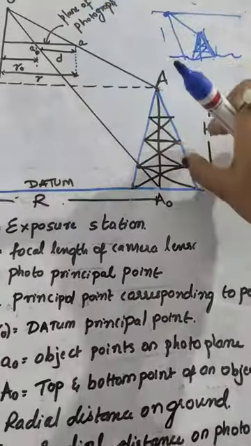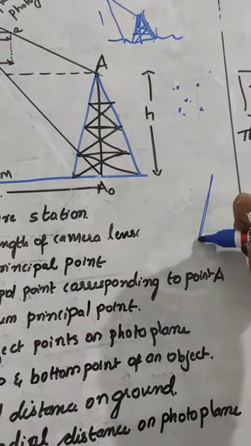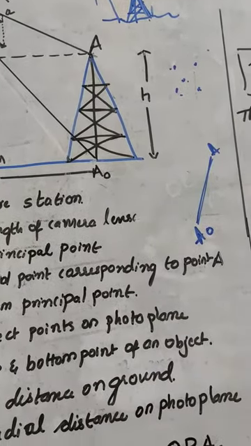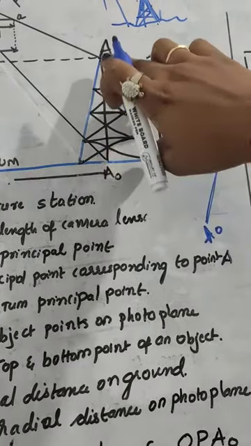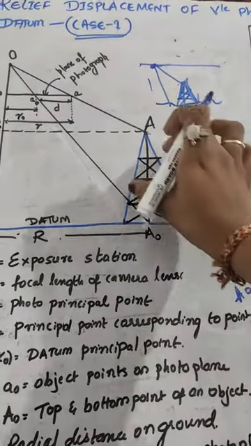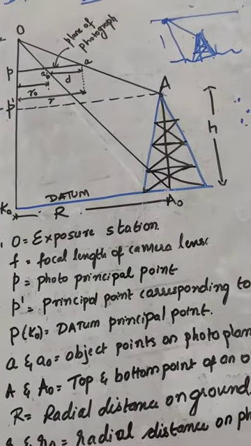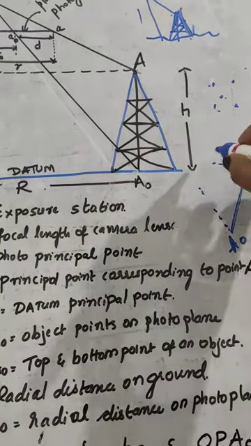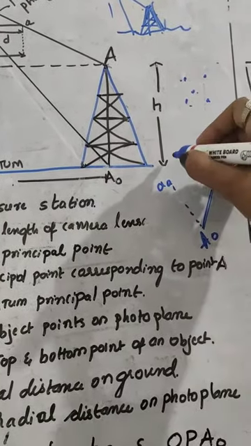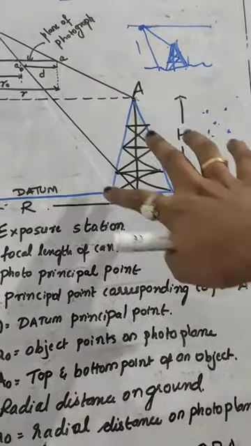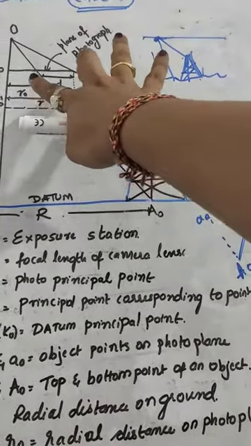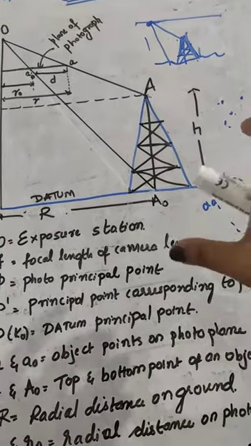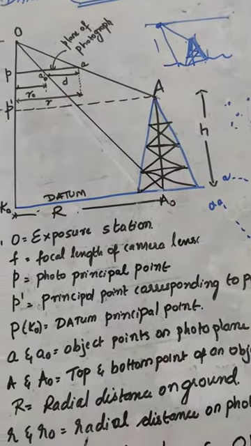So I can write this thing separately. See, I will write it in this isometric view itself. Here it is A0 and the top is A, right? So this portion is A0 and this is A. The same thing is projected in the photo plane, that is, in the lens it is projected the same. In the photo plane it is small a0 as well as small a. That is what is projected. This side is projected on the photo plane, which is itself a displacement of these points on the photo plane. That is called relief displacement.